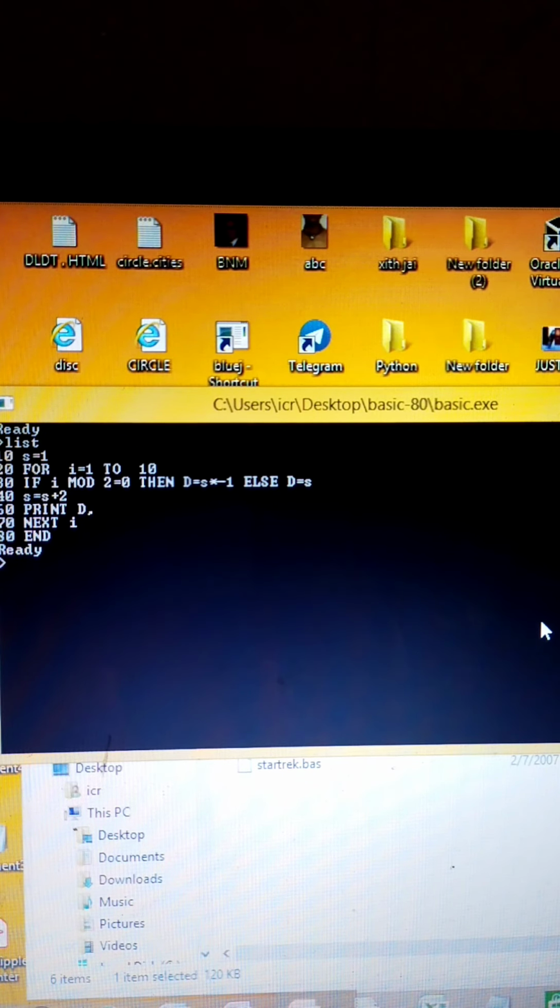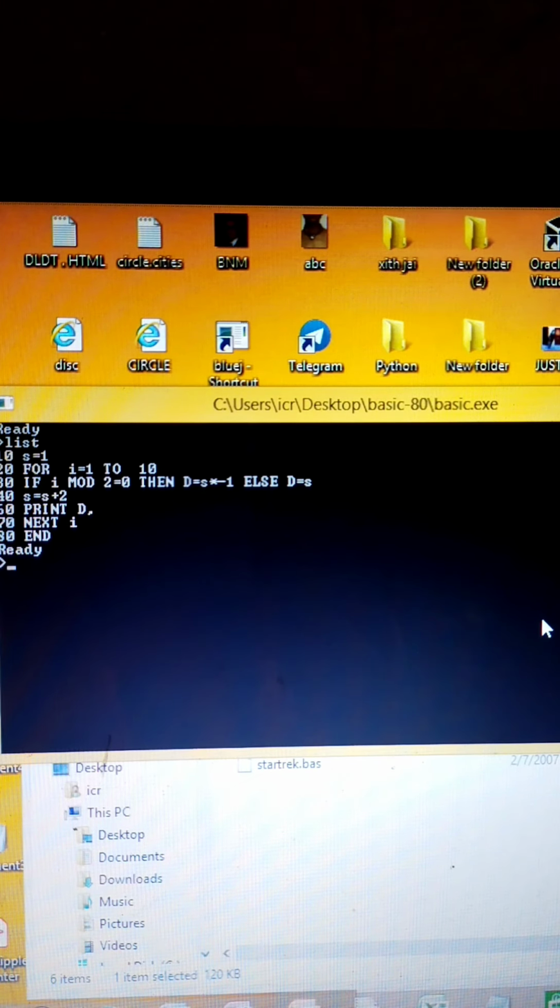So presently the value of I is odd, so d will become 1 only. S is equal to s plus 2, s was 1, and s is equal to s plus 2 will become 3, but the value that we have stored in d will be printed first of all. What was the value stored in d? It was 1. So 1 will be printed. After that s already has become 3.